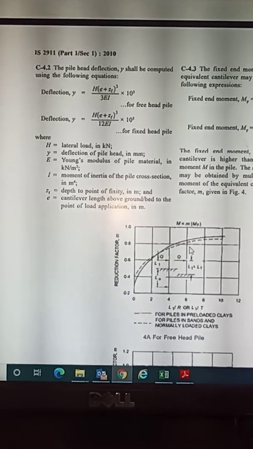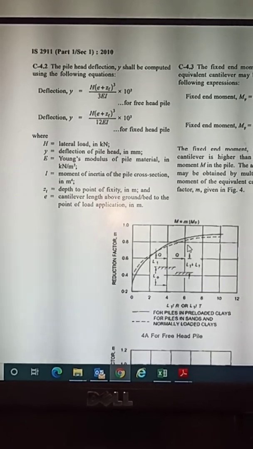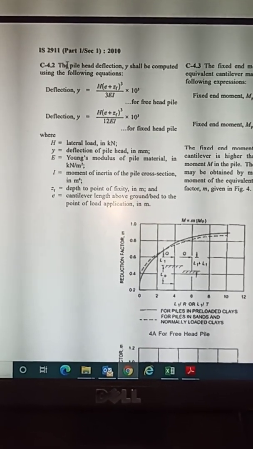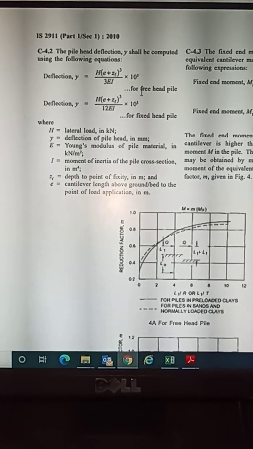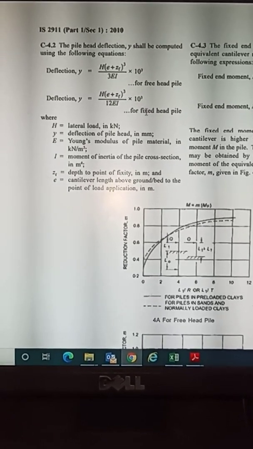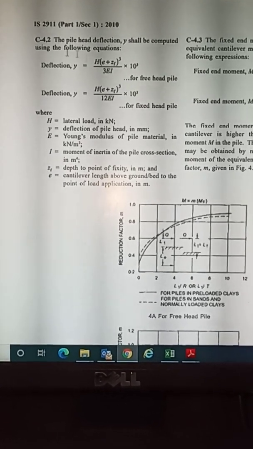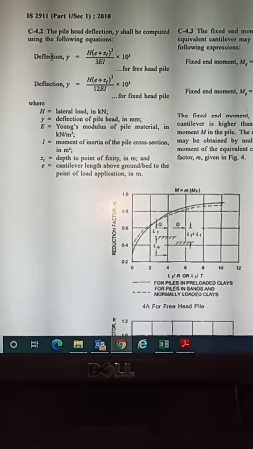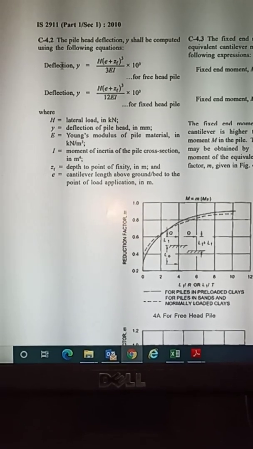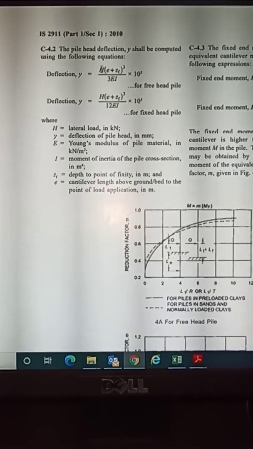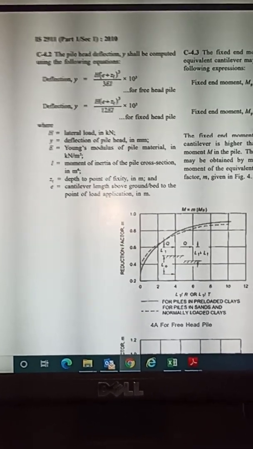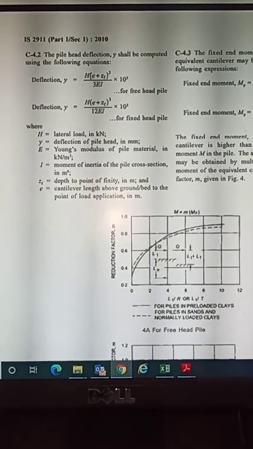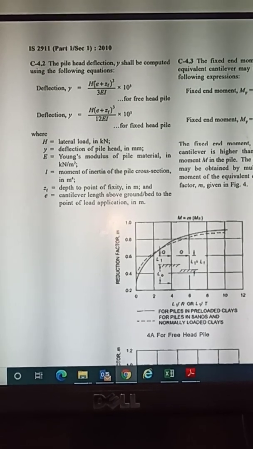Now our next step is to obtain the lateral load carrying capacity of the pile. For that we use these two formulas, one for the free head pile and one for the fixed head pile. These formulas are given in terms of deflection, so we modify the formula for H, which is lateral load, and we get the value of the lateral load carrying capacity of the pile.